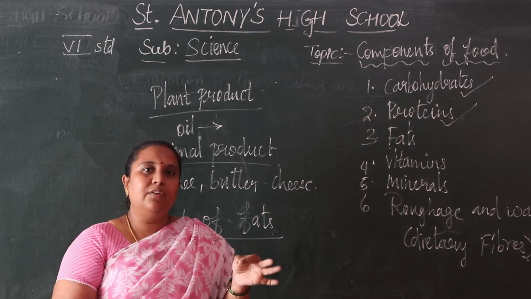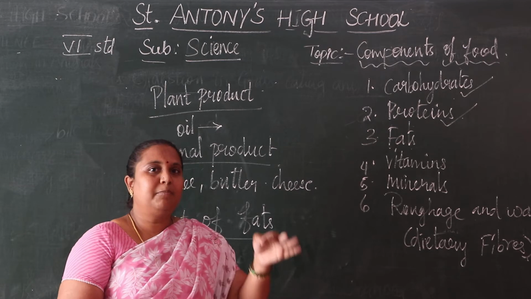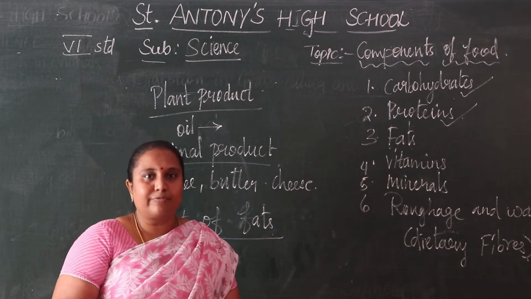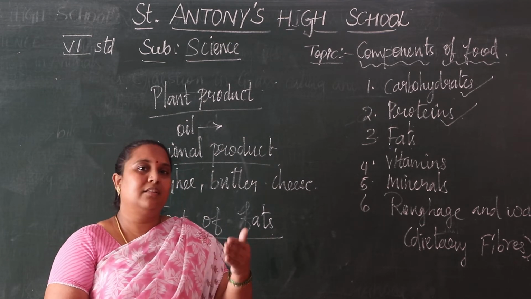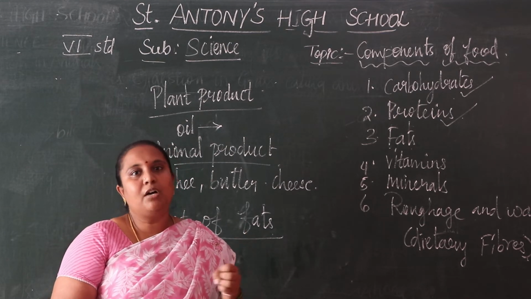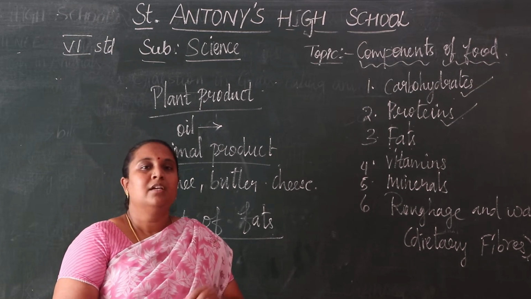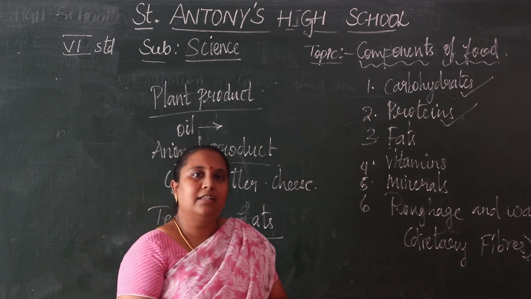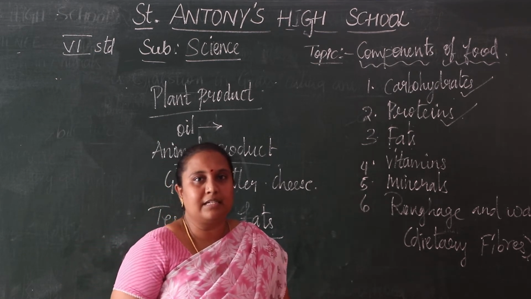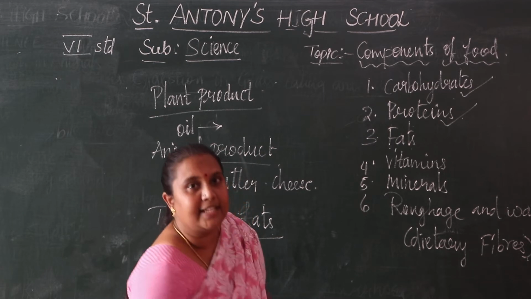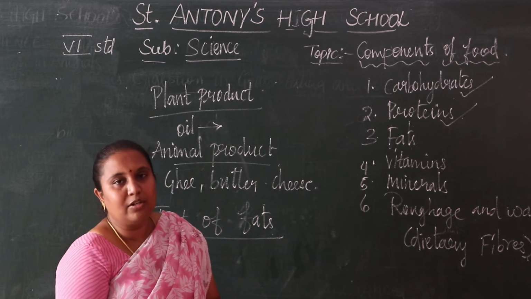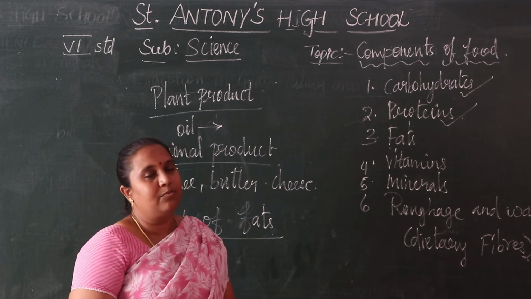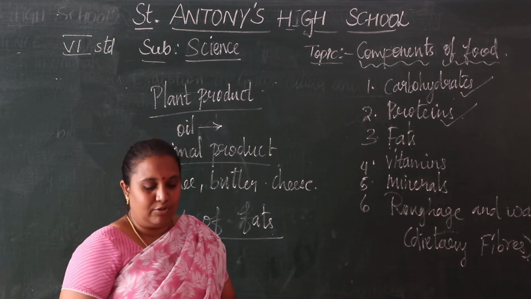We leave that paper for some time. That paper has a glass stripe, and we can see the other side of that paper. The oil is absorbed by the food item, so we can say it is a fat rich food item. In that food item there is fat present. So that is the test for fats. After removing the food from the paper we observe the oil content in that paper, and we can say it is an oil rich food item.